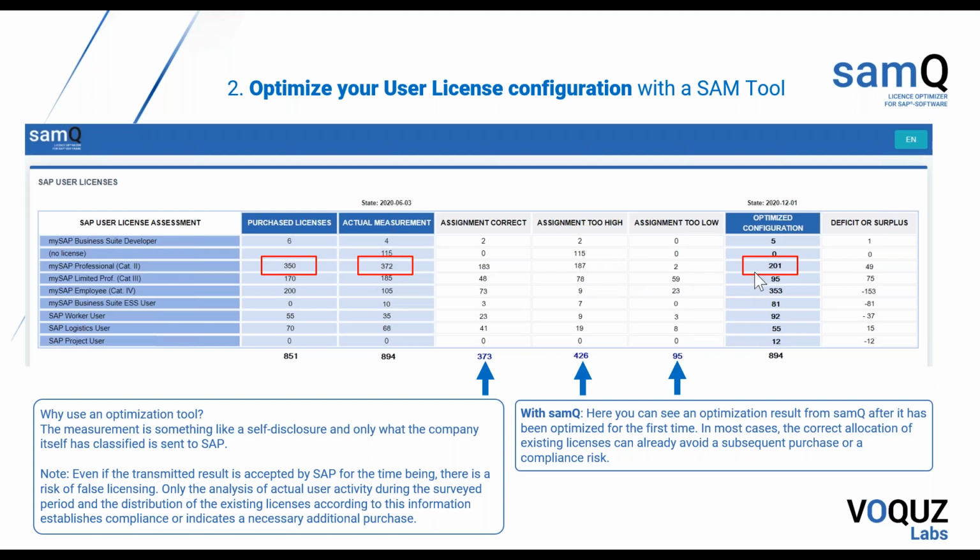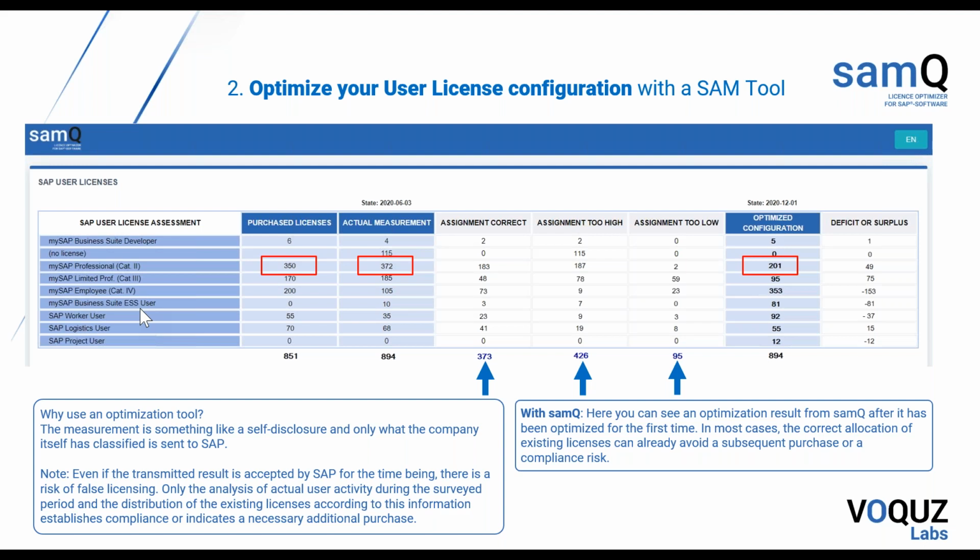So either the tool does it automatically, like this is the case with SAMQ, or you would have to do this manually, which is quite an amount of work, can still be done, but you need first to find out who are those people. And then you have some people who have a too low license type. This means, for example, they could have, in that case, a worker user or an employee self-service user, which is